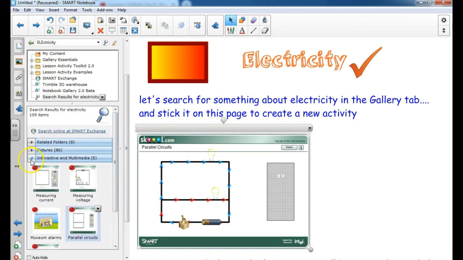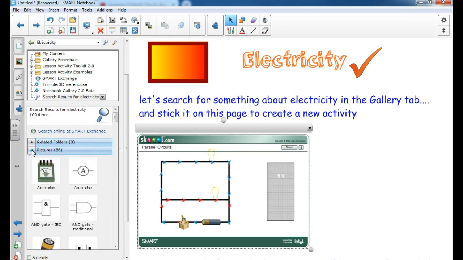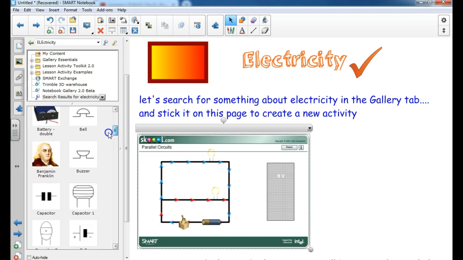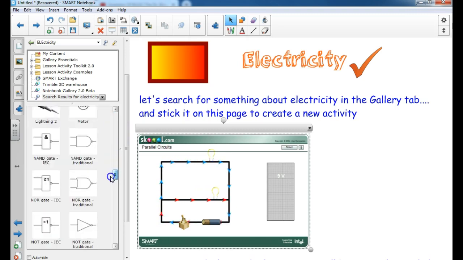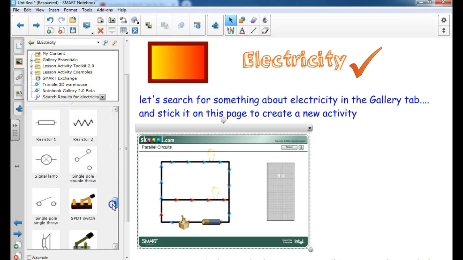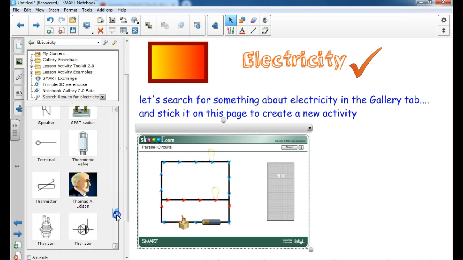If I'm now going to look in the pictures, then we've got different things, parts of a circuit and some light bulbs and so on and so forth. So for example, you can put together a few of the symbols and ask the kids to put them together